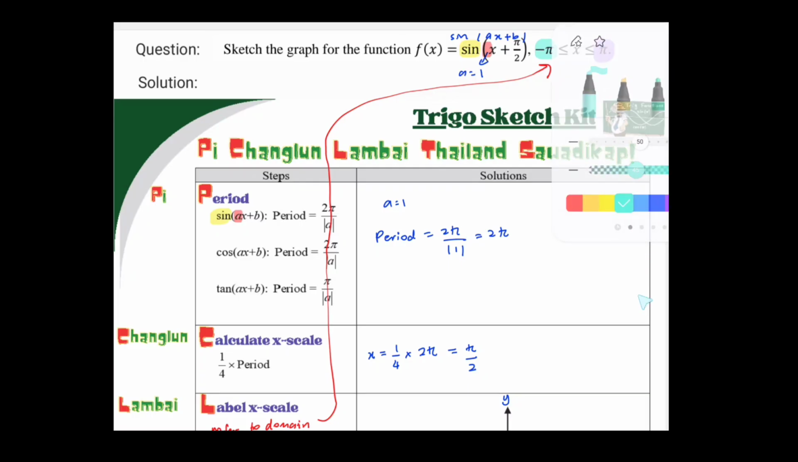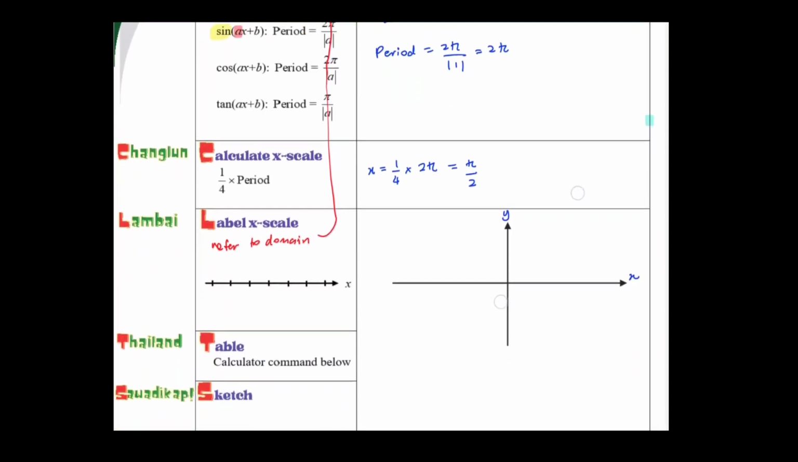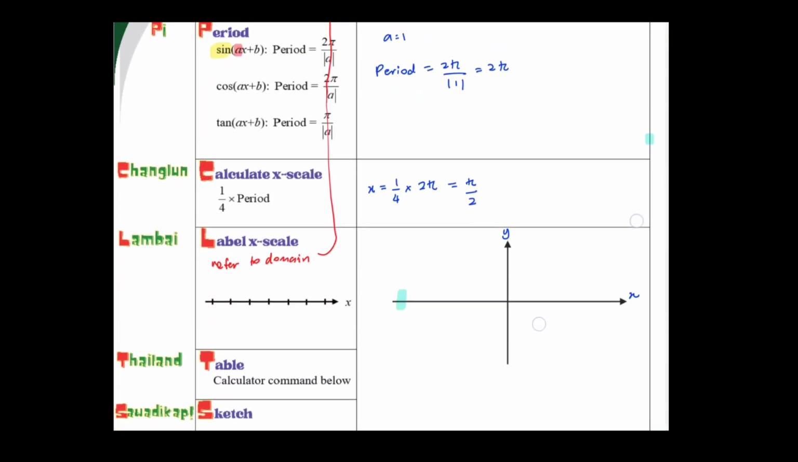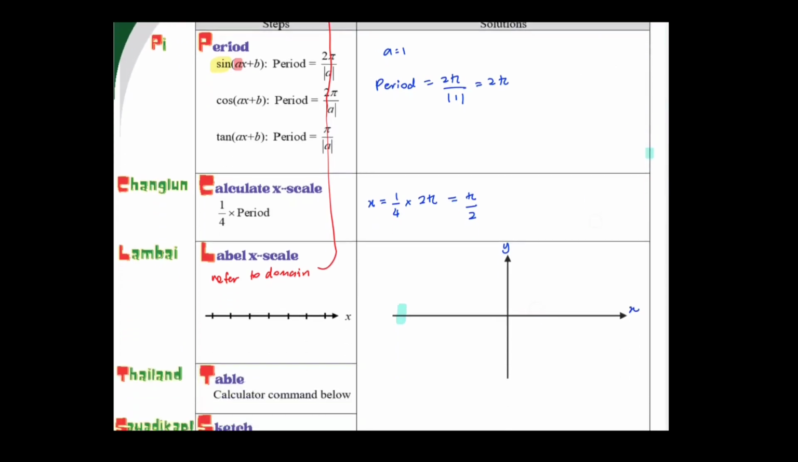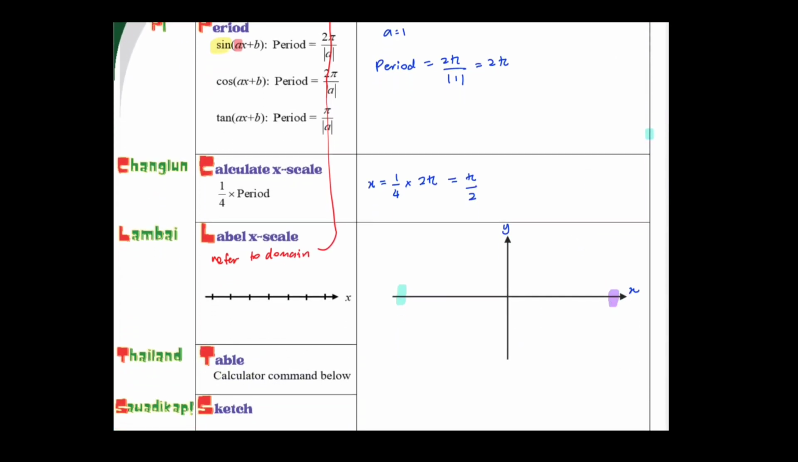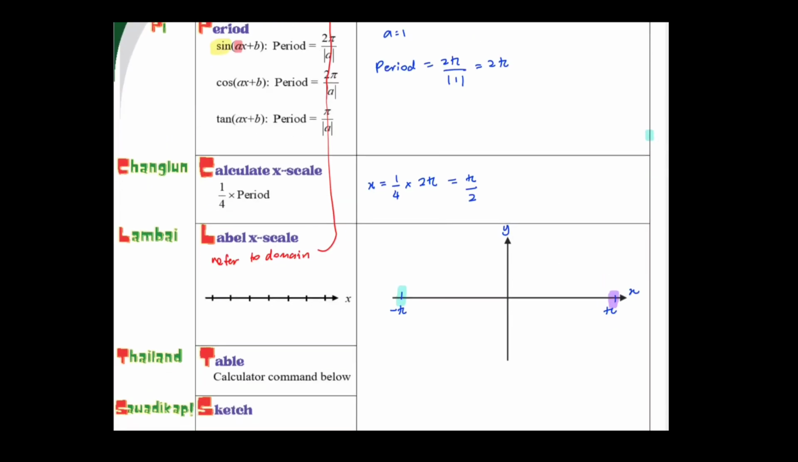So where is negative pi? It's the first value on our x scale. And where is pi? It will be the last value in our x-axis. So negative pi is here and pi will be at the end. And then how do we label the x scale? We have to refer to the calculated x scale that we have found from the previous step, which is pi